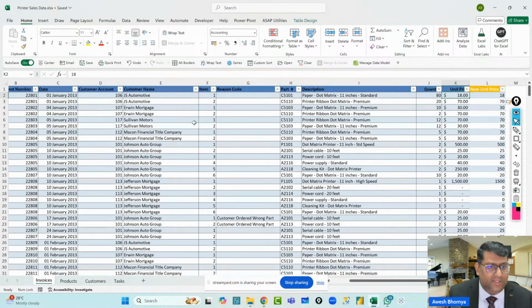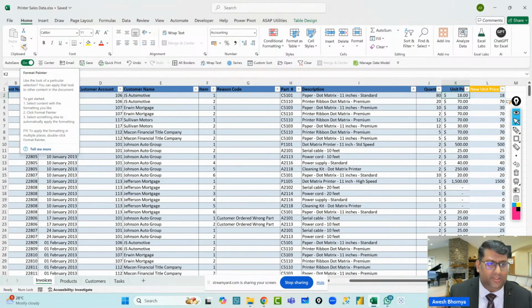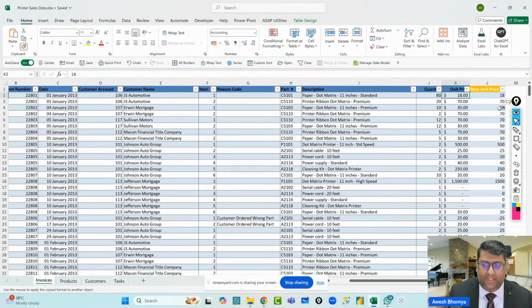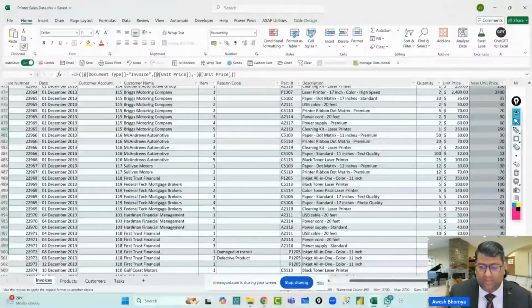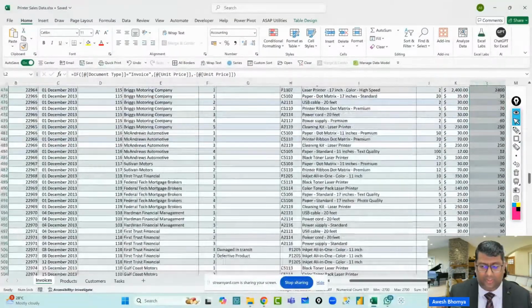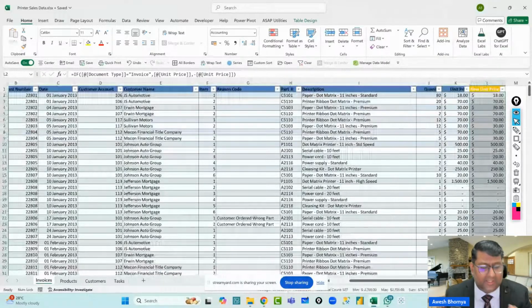So I can select this cell here, click on the format painter in the clipboard, manually select the entire data just like that and release the left click. Once you've done that, your formatting is now applied to the entire column, right?